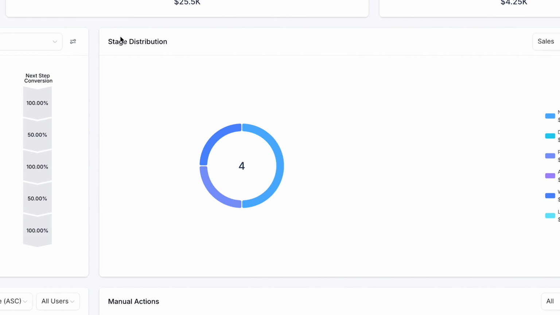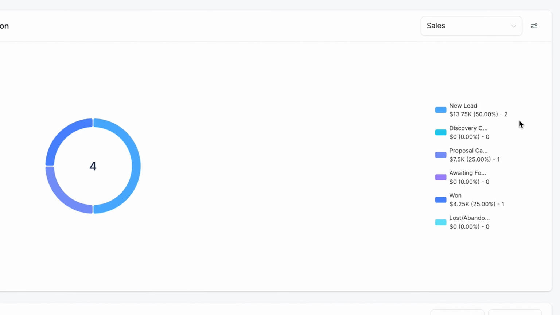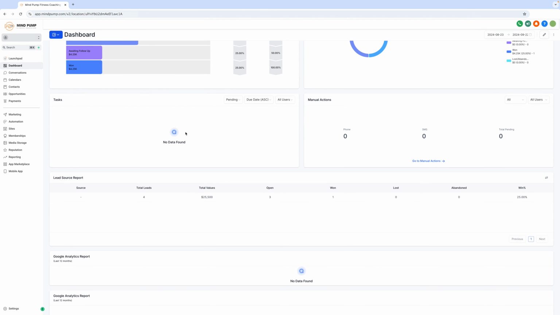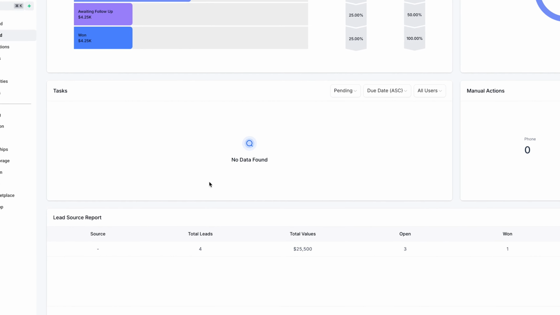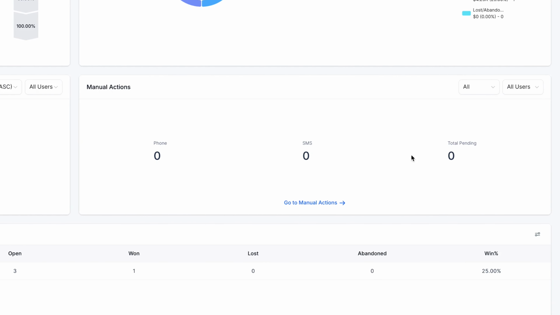We can also see a stage distribution chart here, which shows all of the same stages of the pipeline in funnel, but in a different style chart, and then shows each deal number of how many deals are in the pipeline and at what point in the pipeline they're at. You also have things then underneath that, such as the tasks that are due, coming due, or overdue will appear in this tab here. We have manual actions, so any manual SMS, any manual phone calls, anything like that will